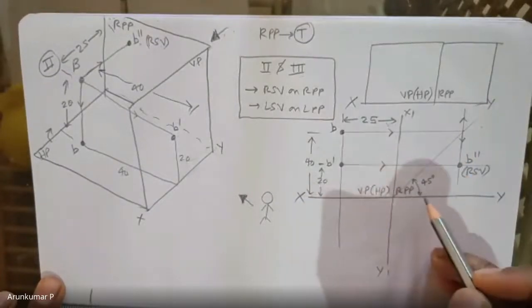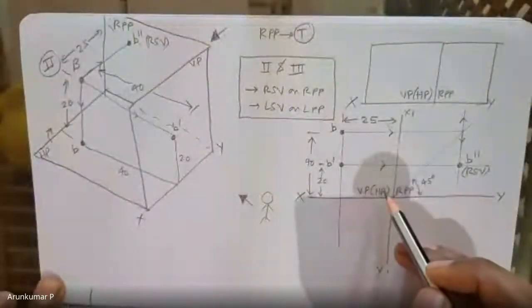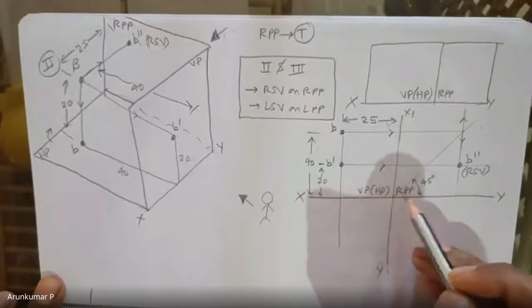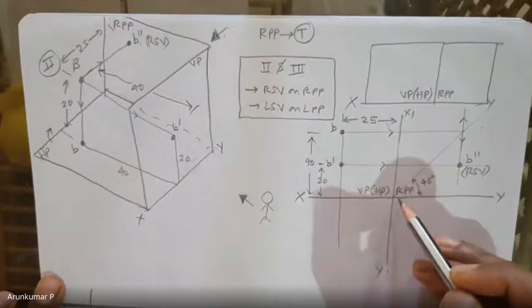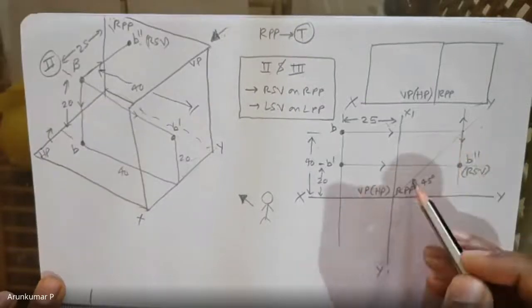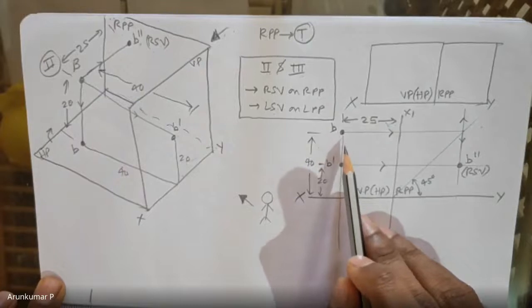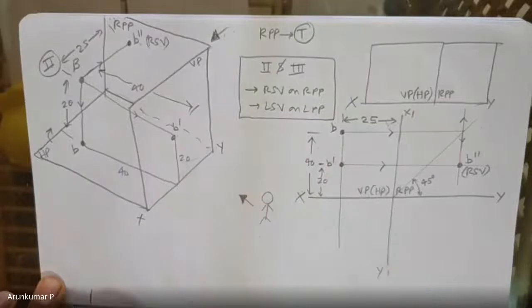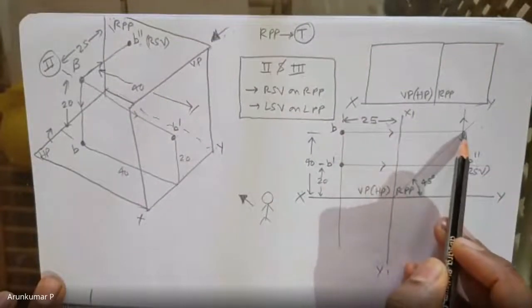Now we need to project the front and top view and get the side view. The first thing required is the median line. We know that the median line will always be beside the horizontal plane. In this case, beside HP means the median line will be in RPP. So draw the 45-degree median line in RPP. Then, as per rule, which view will you project first, the top view or the front view? Top view. Yes.